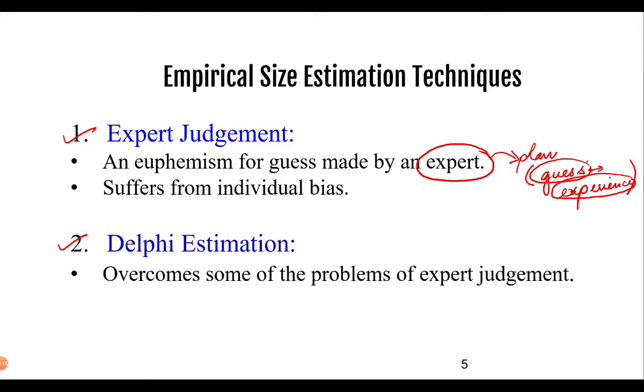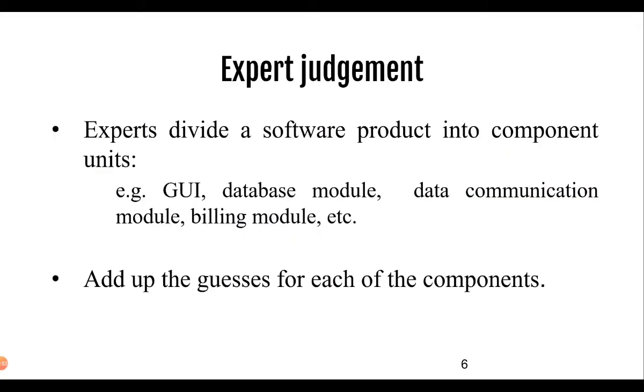When we are talking about individual biasness, it might be so that at that particular point of time, the expert might not be in a proper mental condition, or he might be influenced by some of his friends who are working for that particular job or that particular project, etc. So the disadvantage of expert judgment is that individual biasness will come into action. The next estimation technique is Delphi estimation. So this overcomes some of the problems of expert judgment, and we will talk about